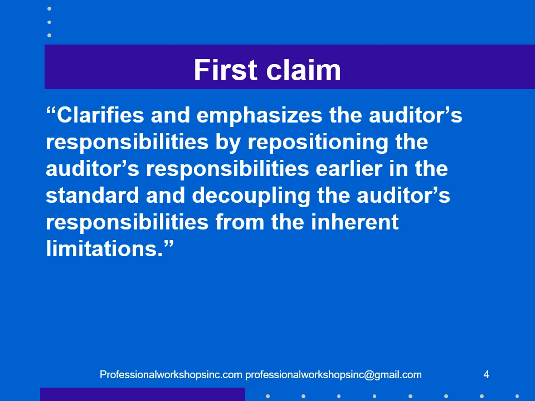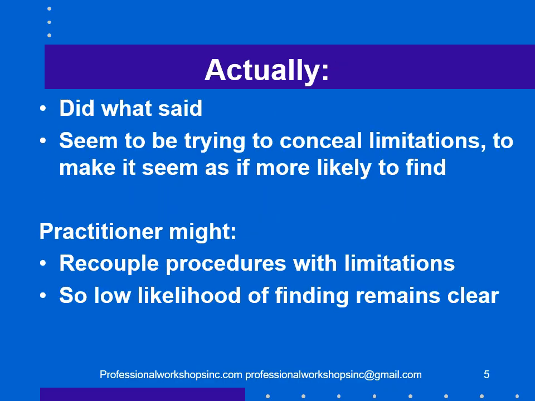First claim: clarifies and emphasizes the auditor's responsibilities by repositioning the responsibilities earlier and decoupling the auditor's responsibilities from the inherent limitations. Now they did that. They tried to hide the inherent limitations and they decoupled them. In some cases, they've left them together. They say, while there's very little chance of finding fraud, you should still try hard. That's not decoupling. But they've tried to conceal the limitations